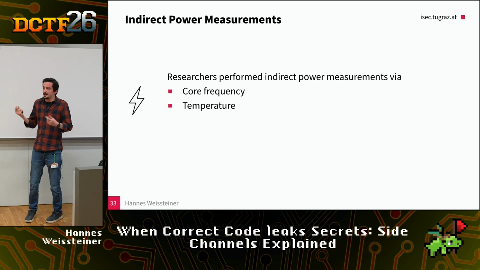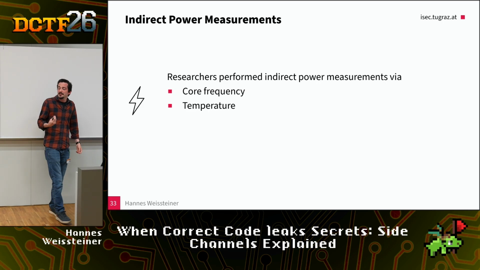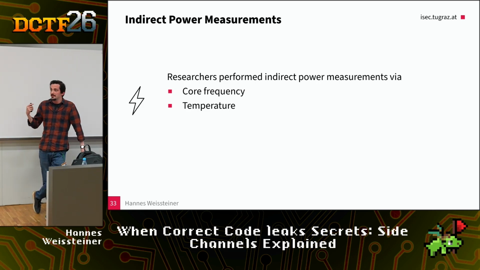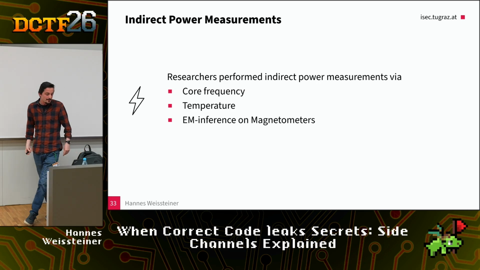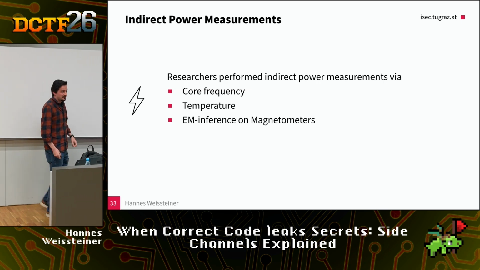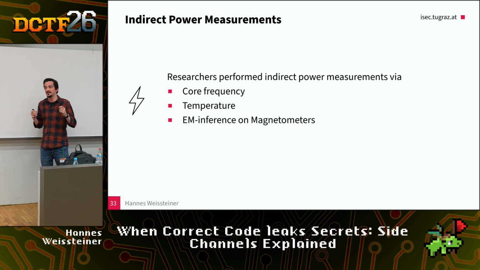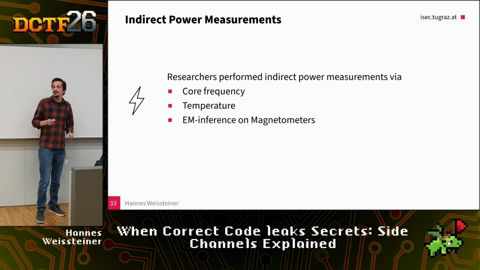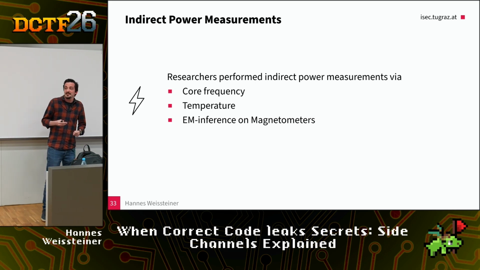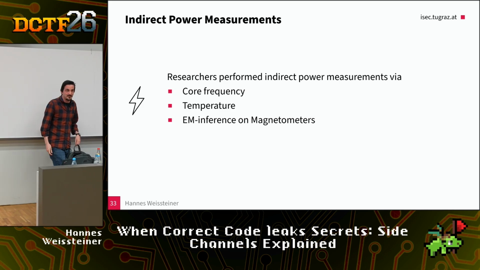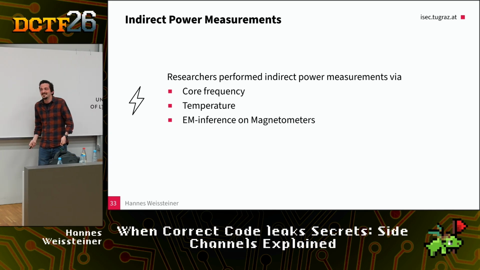The temperature, same thing. When you calculate too much stuff, when your instructions are too high power, the CPU gets hot. There has been a recent paper from a colleague of mine who looked at the interference between the CPU power and the magnetometer of an Android phone. And you could see when the CPU started to draw a lot of power, the magnetometer just turned a little bit. And that was enough to also steal pixels from the screen.